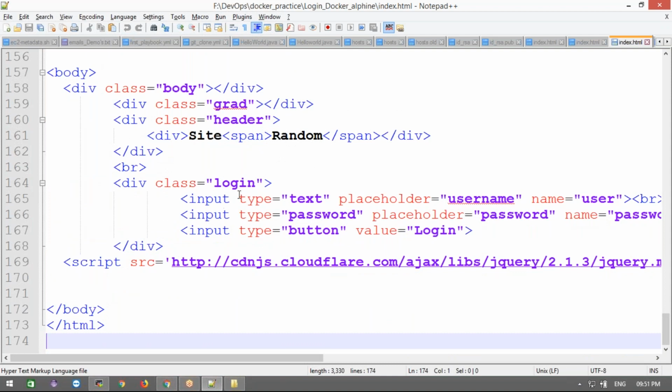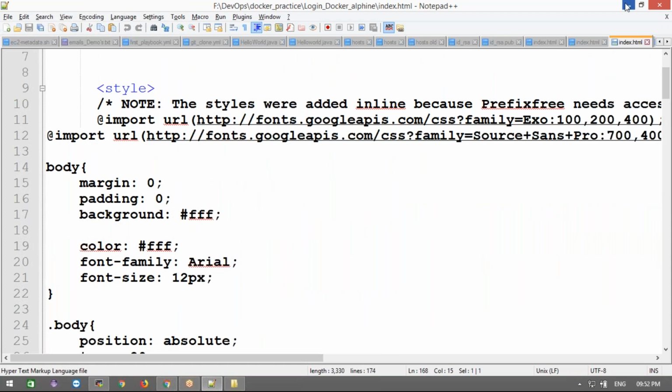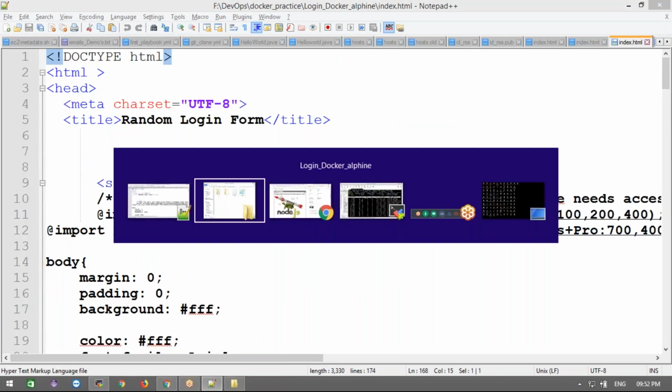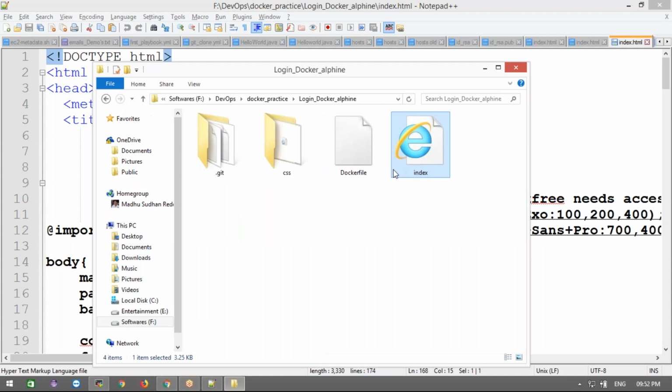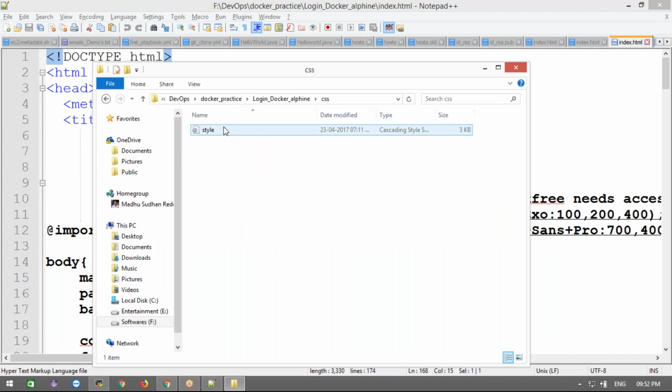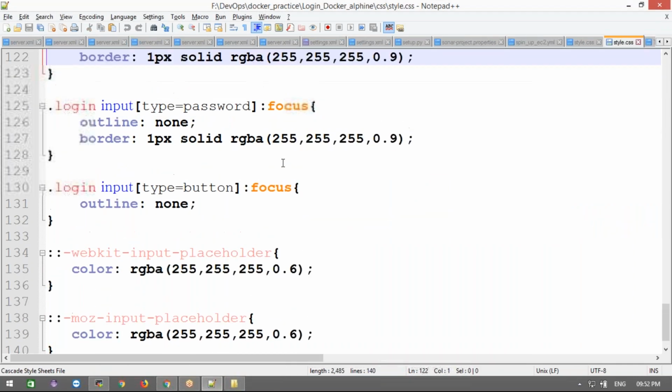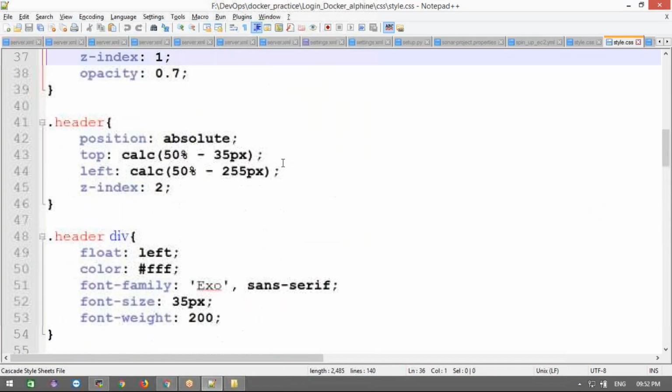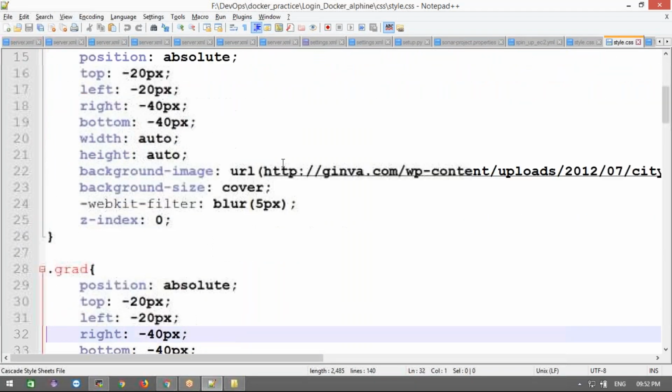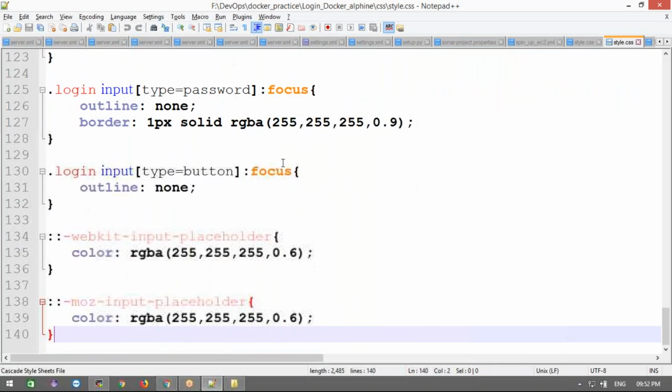And then they will get three boxes: a text box, a password box, and a button. Next, this is the index. When I start my container and access it, it will show the output of this page for us. And then next, some of the code I've written in the CSS here. I took this for a colorful design of my page. This is the code I'm going to deploy: the CSS and index.html, both pages.